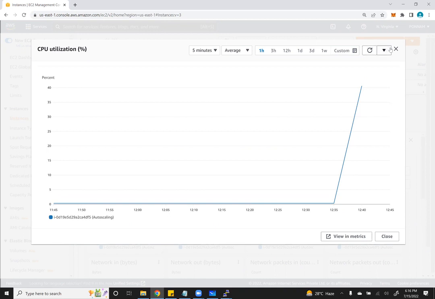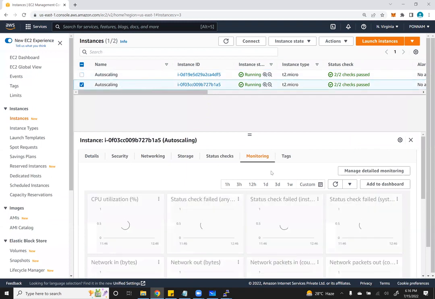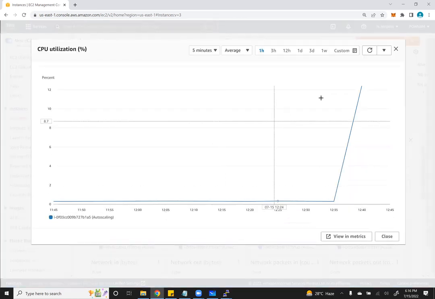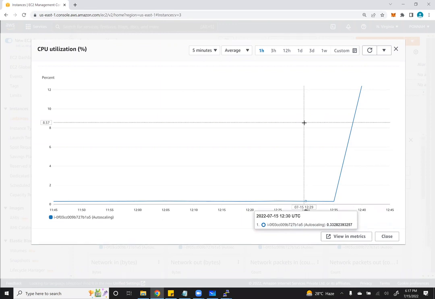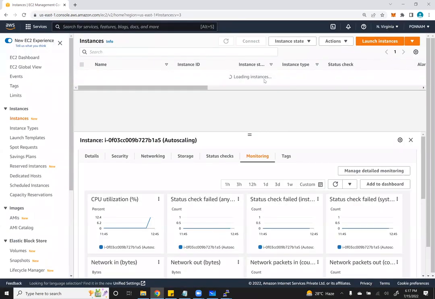To observe the new EC2 instance creations, if I go to the second server, this was started recently, right? The load was started recently. That's why the CPU utilization is still somewhere around 12% or so. Gradually it will increase. Once the CPU hits more than 60%, automatically new EC2 instances will be created